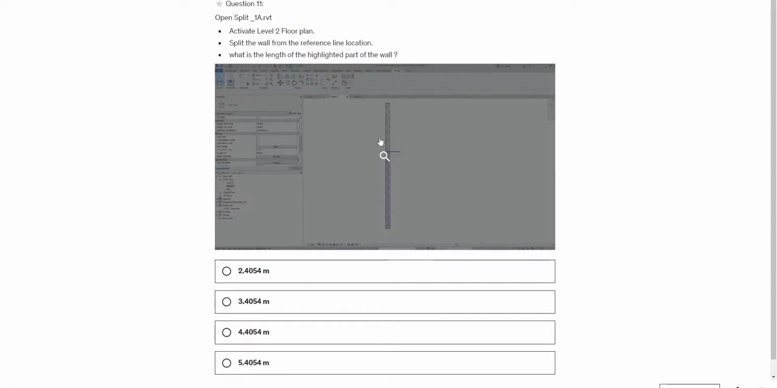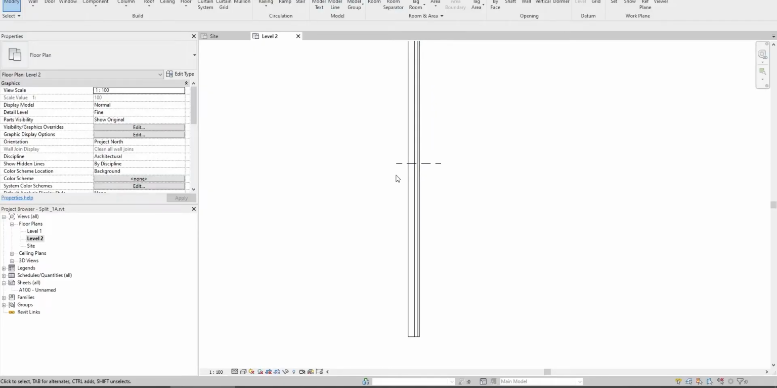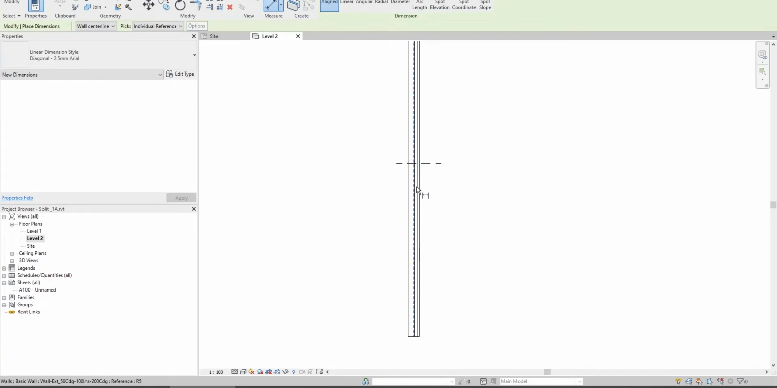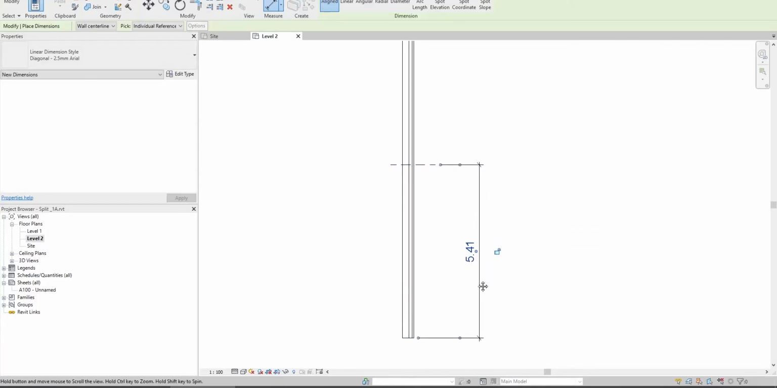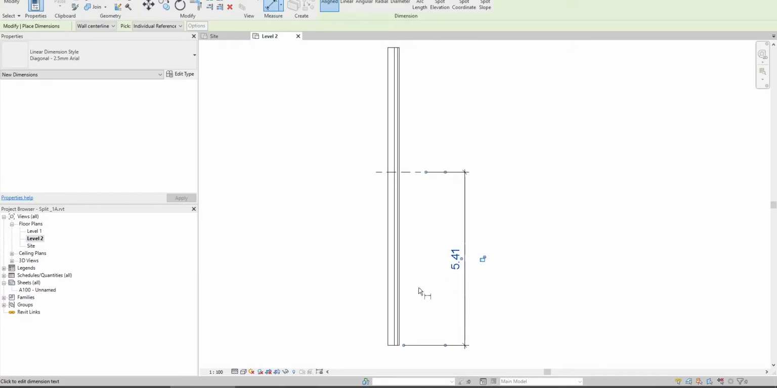I should split the wall first from this reference line and then get the length of this. So I can just try to make it a smarter way, that I'll say, okay, I will not split, I will just measure this length directly. Yeah, you can do this, but it's risky, because it's not applicable in all questions. Here I get the answer as 5.41,